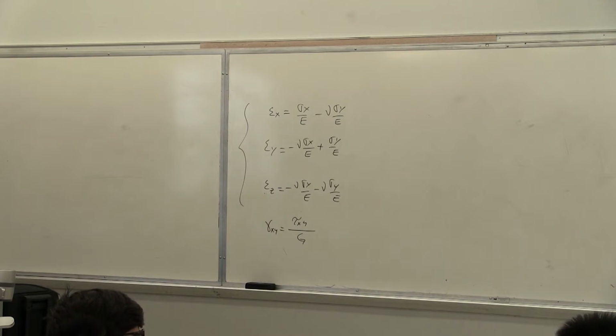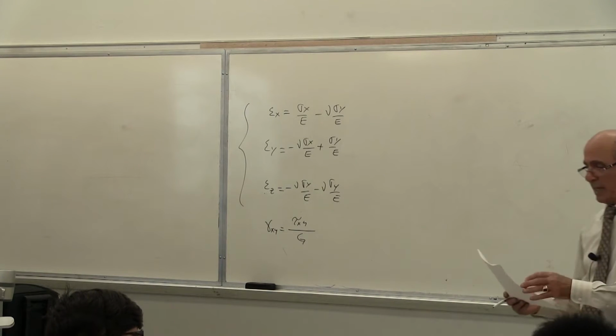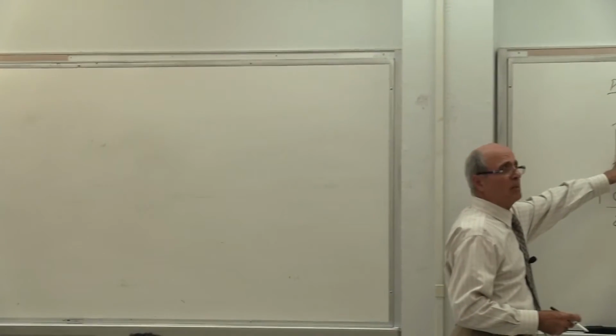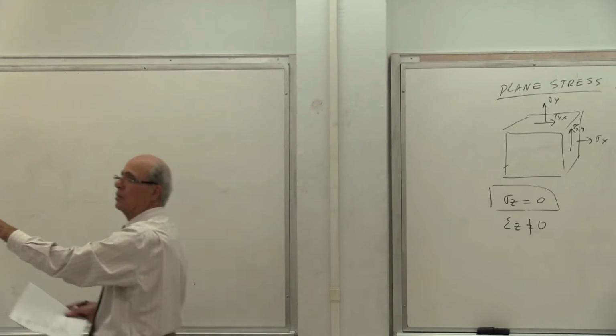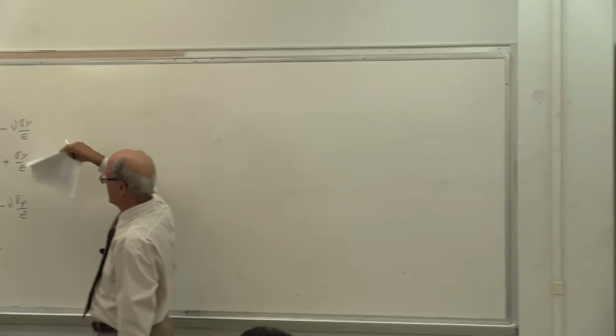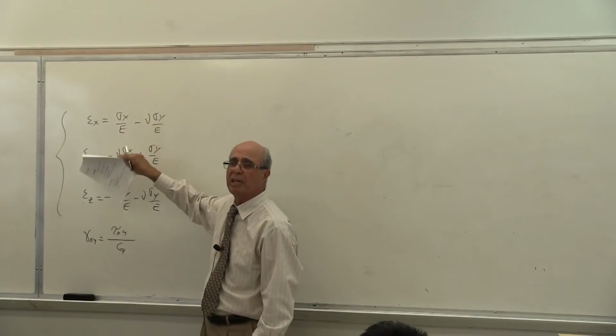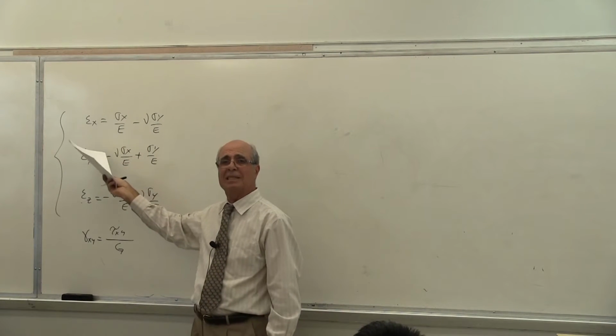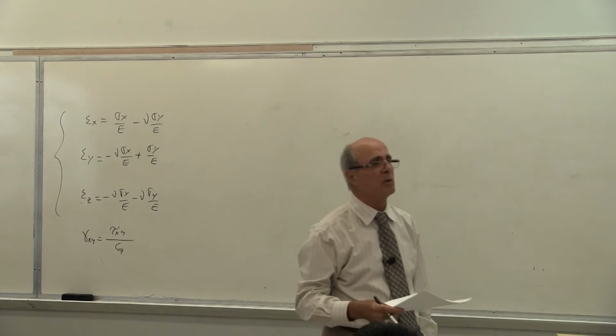Now, what we want to do, as I said earlier, we go there. Then what did we do with this? First of all, if I have sigma, can I calculate epsilon? Look, if I give you sigma x, sigma y, tau xy, you can calculate epsilon x, epsilon y, knowing what the modulus of elasticity and Poisson's ratio is, and the modulus of rigidity.